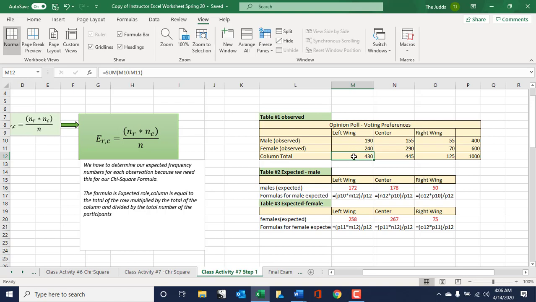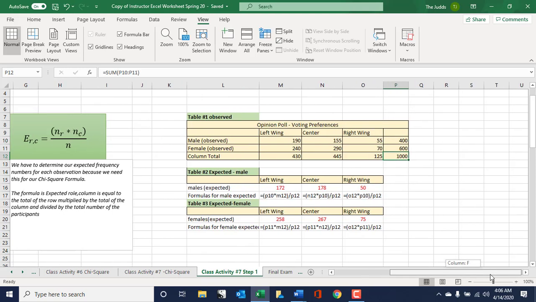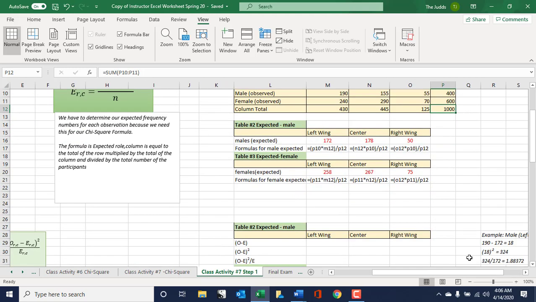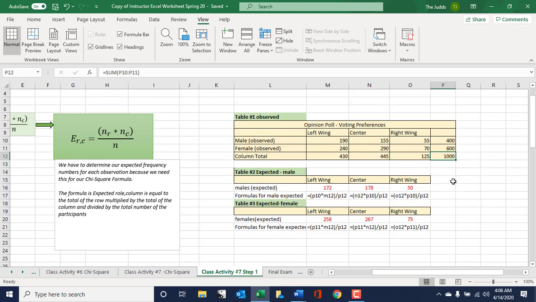So the total number of left wing in the column is 430. The total for the row is 400. And then I'm going to divide it by the total sample, which is 1,000. So essentially, to arrive at the expected for the males of the 172,